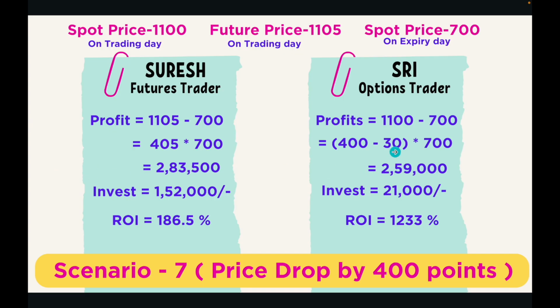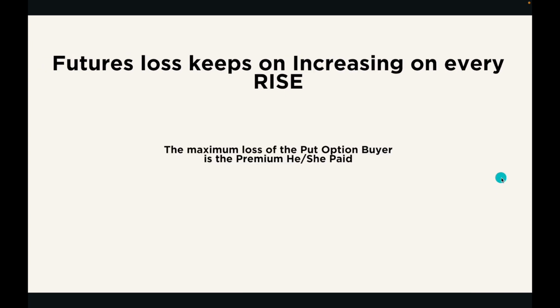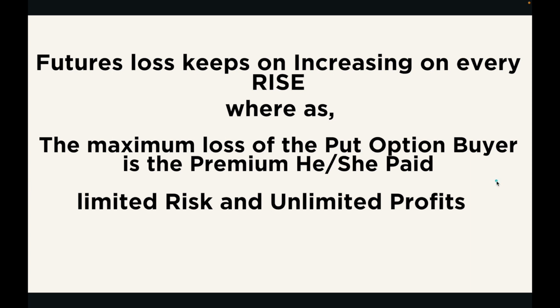And by the way, here you can also see the premium we calculated. The answer is on your screen, and I hope you will comment that. And yes, option buyers have limited risk and unlimited profits, but the biggest concern is that the favorable situation for an option buyer is 1 out of 3. I hope you understood,